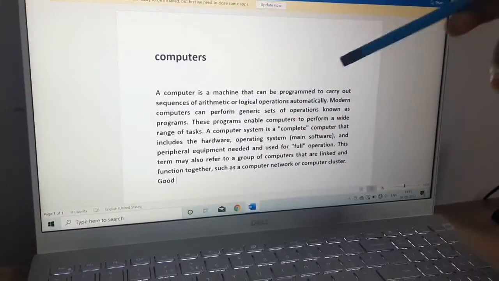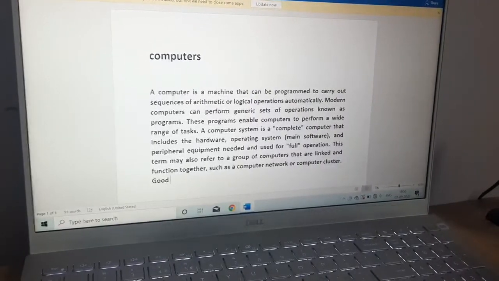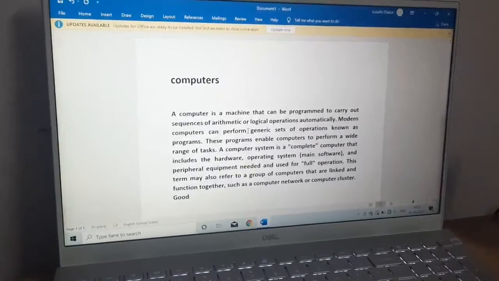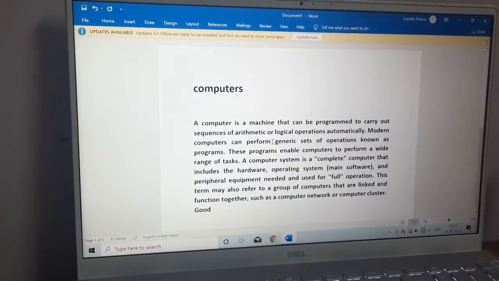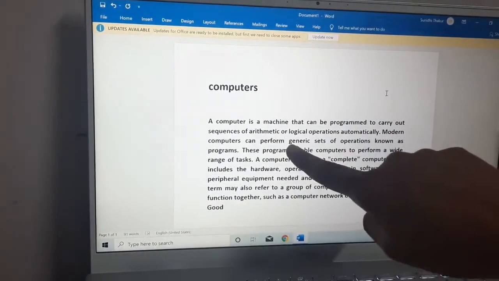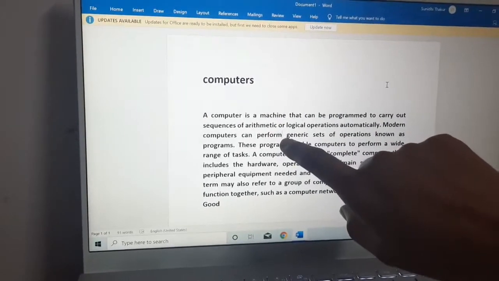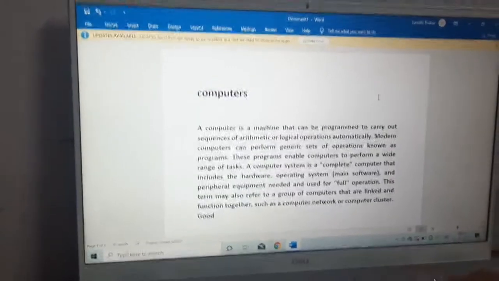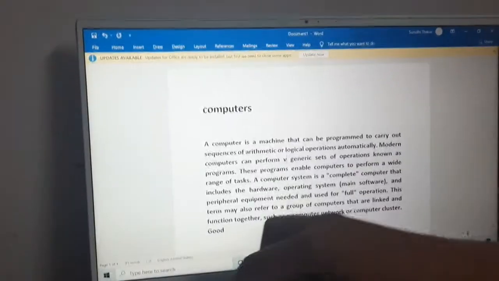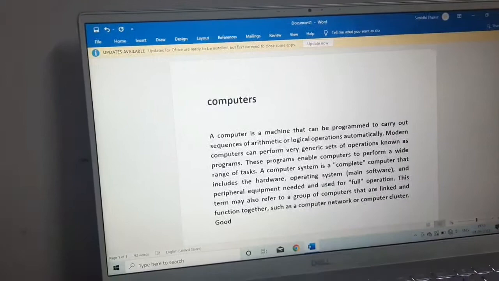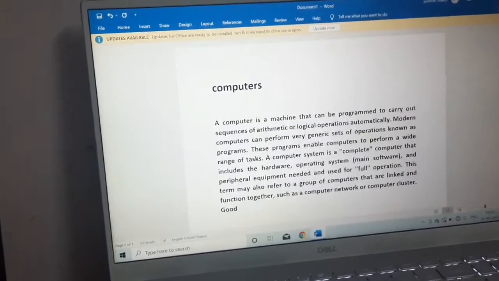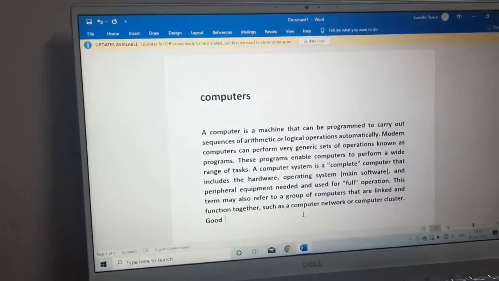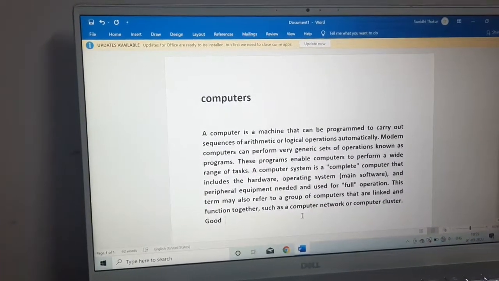No, it is very easy in computer. How you can edit it, how you can insert it, just with the help of the mouse. Keep your mouse pointer here where you want to insert and click there. You can see your insertion point come there and then you can write whatever you want to write. Suppose I want to write "perform very," like this. So this is how you can add a word into your document.